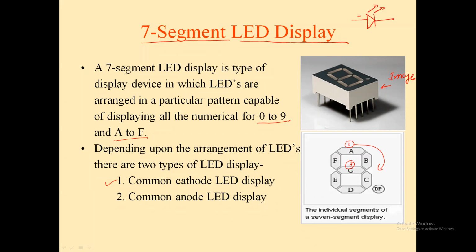This region is called positive. We call it an anode, positive. And this one acts as a cathode. As you say, when the 7 LEDs are connected together, and based on how they are connected together,